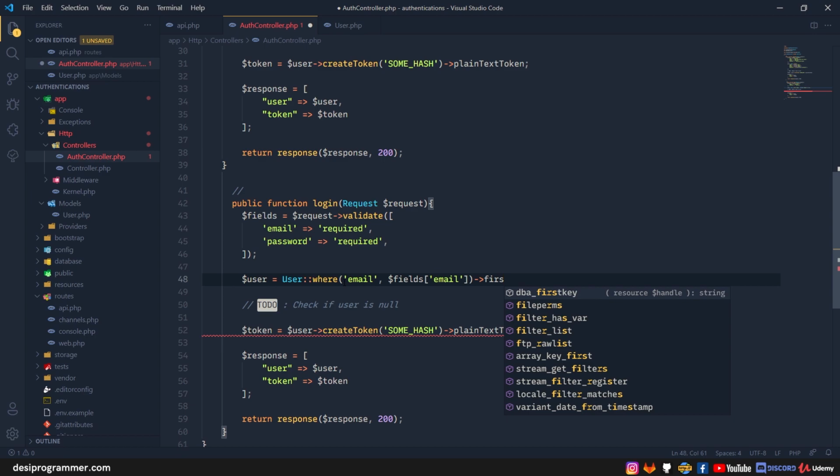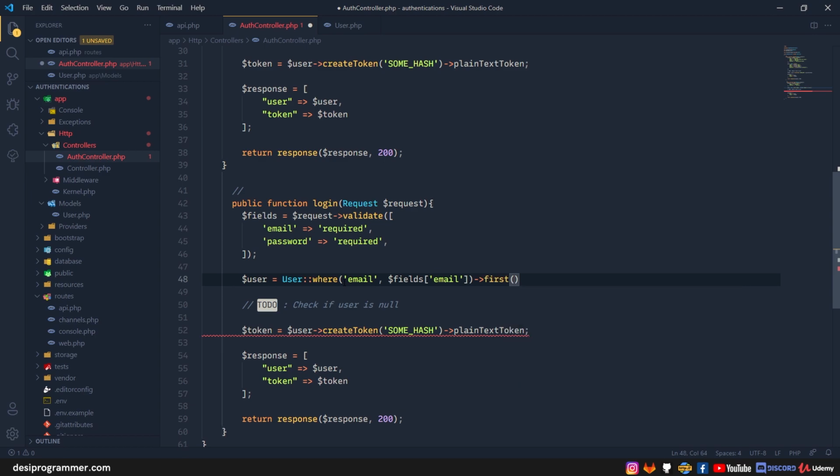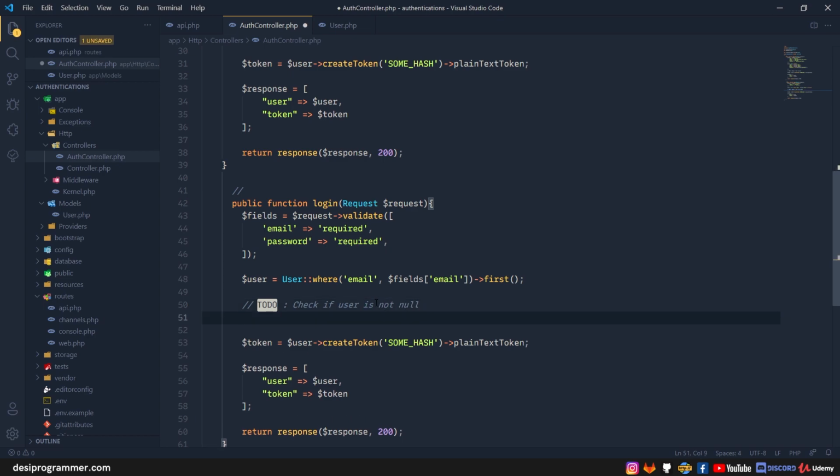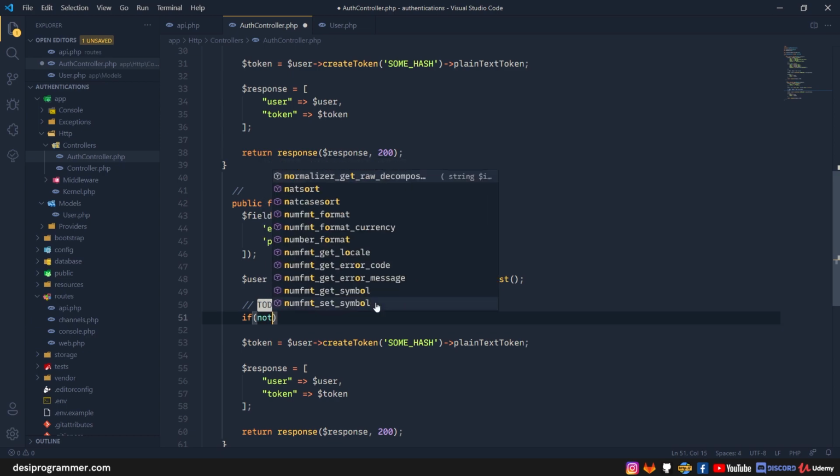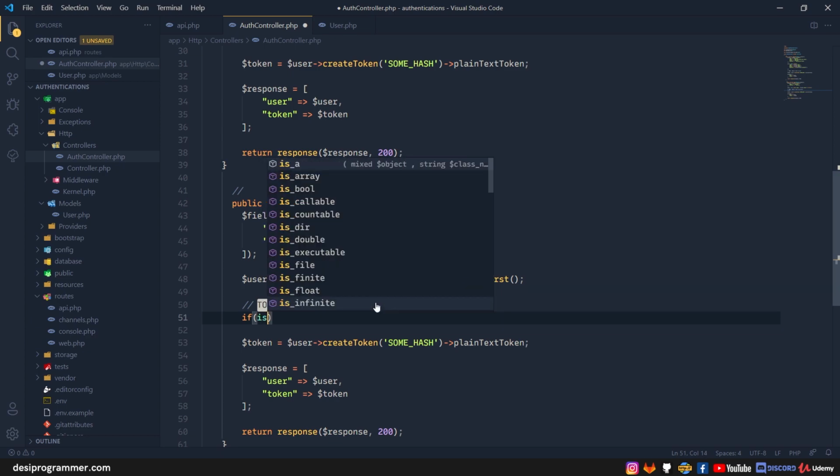Because we are already making sure that no duplicate user exists. So get the first user. Now again, the same part is that you have to check if the user is not null. Okay, so let's do that here. Okay, I'm saying if not is null,